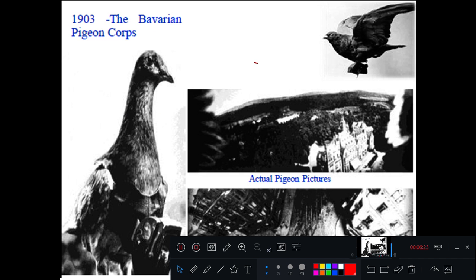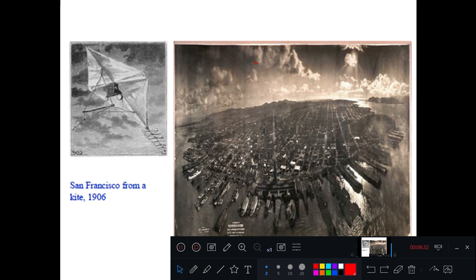Then came the pigeon mounted cameras, right? When a pigeon flies over an area, the camera captures the images. Okay, so this is San Francisco from a kite mounted camera. You can see there is a kite and here is the camera mounted on it, and it was taken in